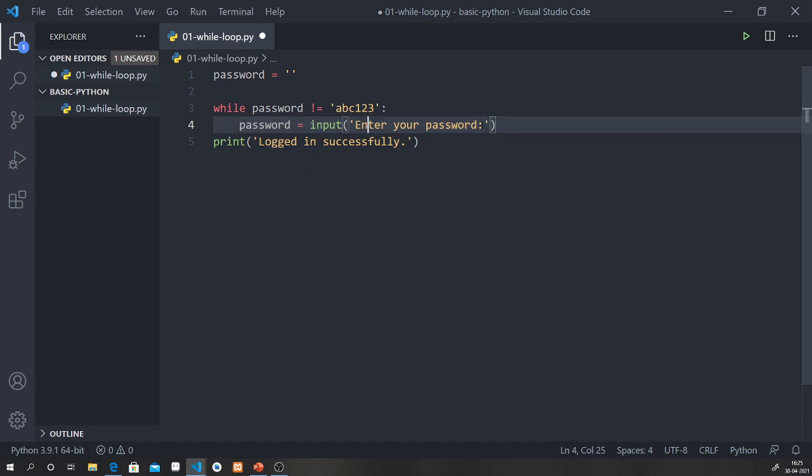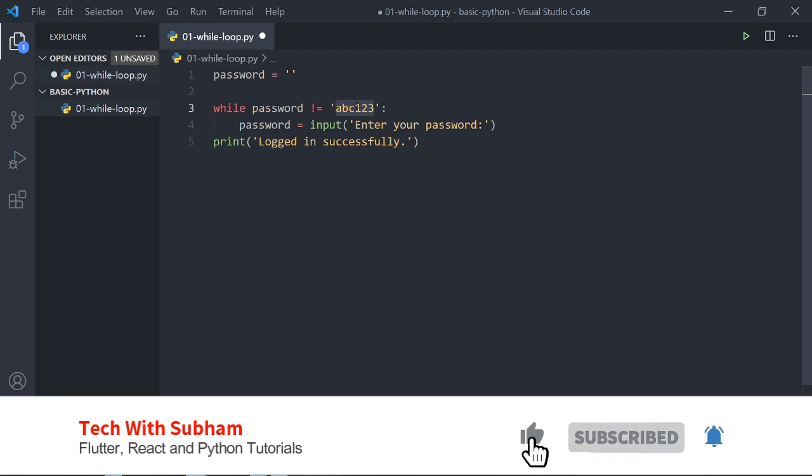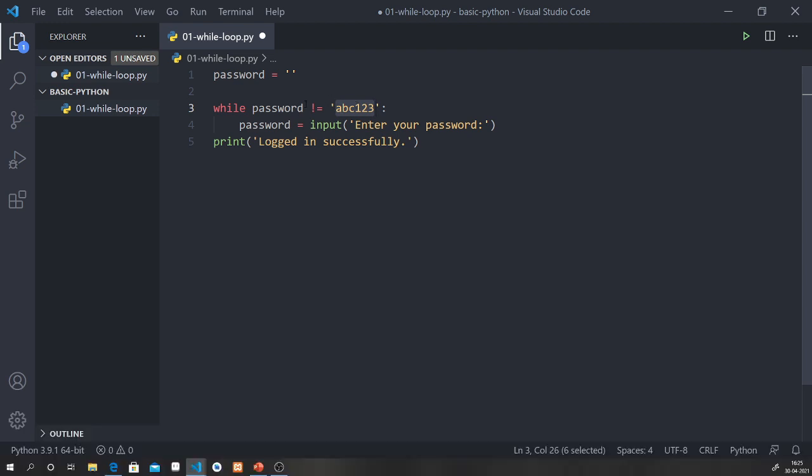After each execution the condition will be checked again, to see if it is the same or not. If the user enters abc123, then it is the same, so the condition will return false, the while loop will be aborted, and the print statement will be executed.